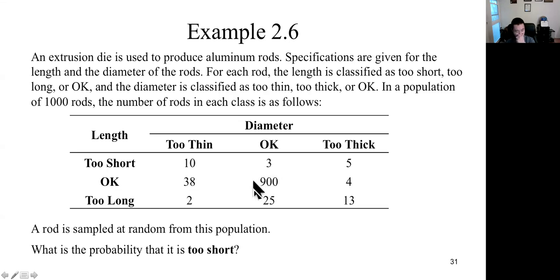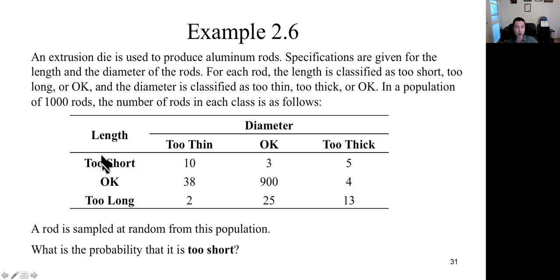All right. So question, if a rod is sampled at random from this population, what is the probability that it is too short? Okay, so these 1000 rods are equally likely events. So we just count how many rods in each class. Okay, so the probability that it is too short,